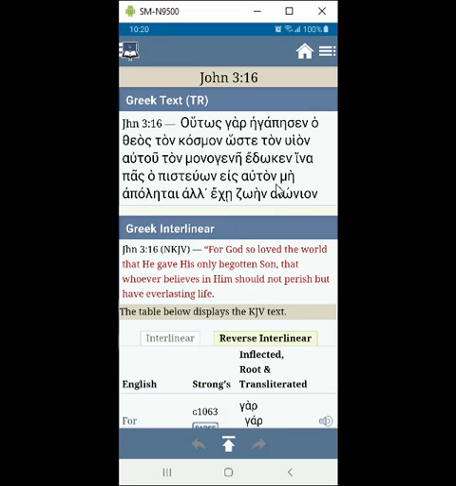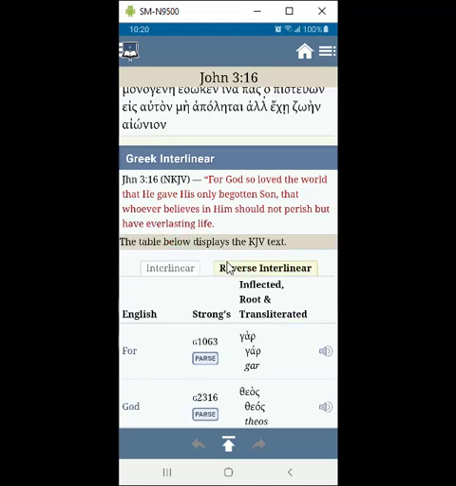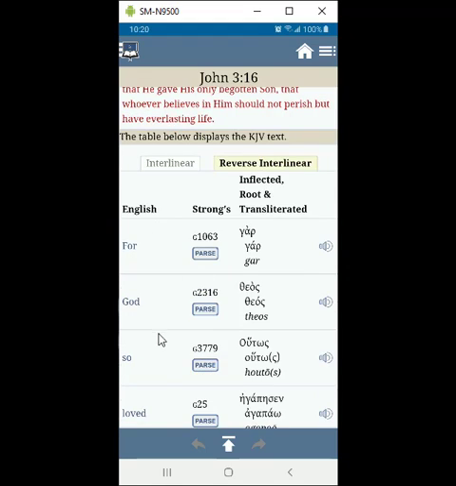And we see here that gives me the interlinear Bible, which gives me the Greek initially, and then the English translation of that in the New King James Version in this case, and then it gives me the word-by-word comparison. So I'm in the reverse interlinear because that's the option that comes up first, and the reverse interlinear will give me the English first, so all the English words, then gives me the Strong's,